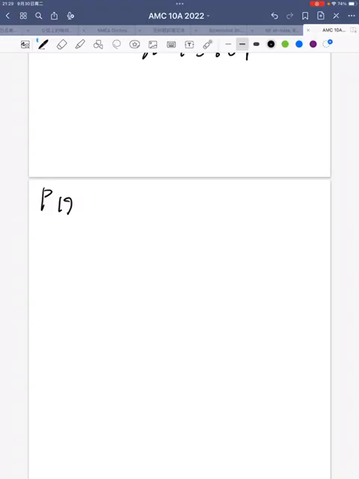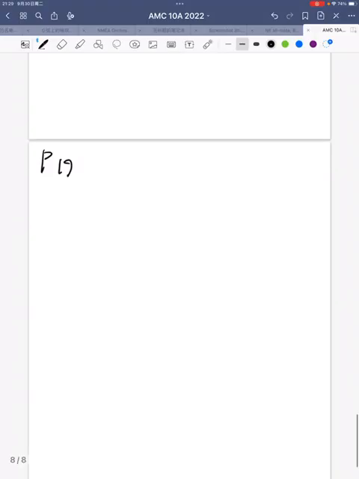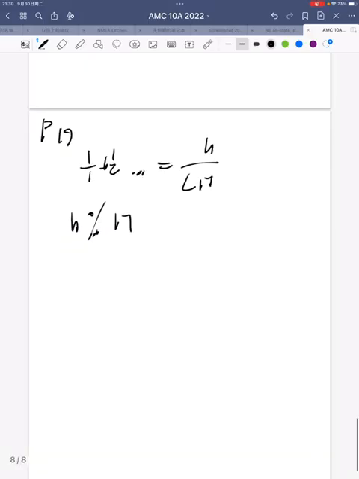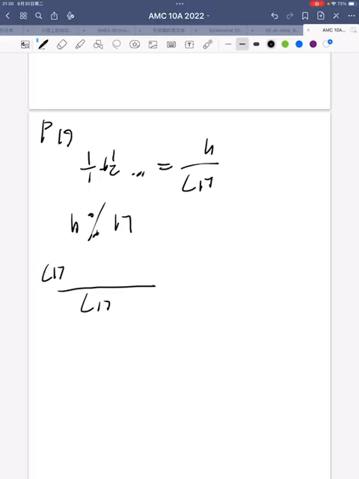Problem 19. Okay, problem number 19, we have 1 over 1 plus 1 over 2, dot dot dot, equals H over L17, where L17 is the least common multiple of the first 17 numbers. And now we're trying to find H mod 17. Notice how if we commonize the denominator on the entire left side, it's just going to be L17 on the bottom. However, on the top, we're going to have L17 over 1, L17 over 2, dot dot dot,